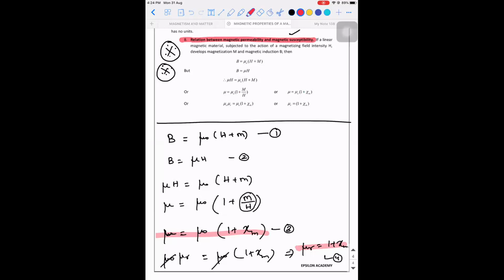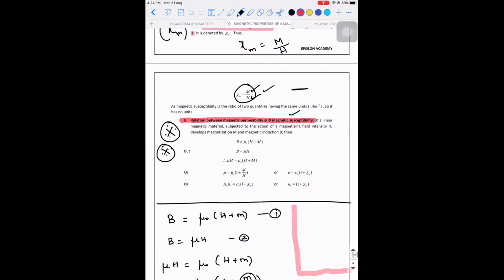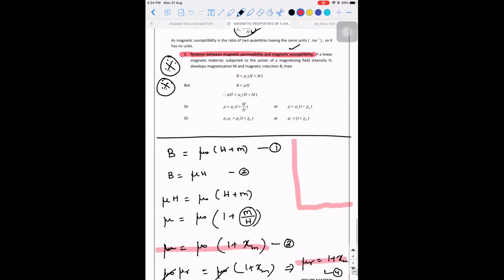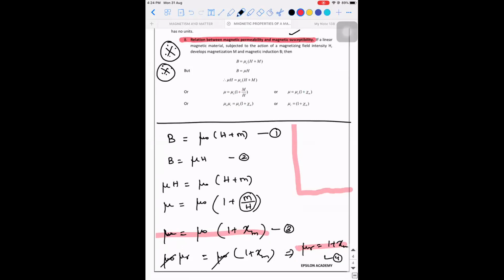Okay, so I'll proceed to the next topic. These are all the terms that we need to know. Why we have discussed all these terms is to understand the properties exhibited by each material, especially the extent to which the material is getting magnetized. Based on how they respond to the external magnetic field, the materials are classified as paramagnetic, diamagnetic, and ferromagnetic. That is what we are going to see now.